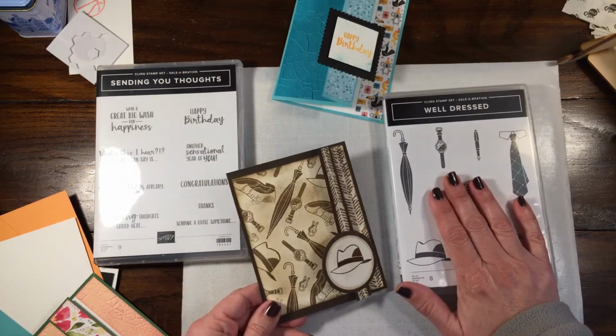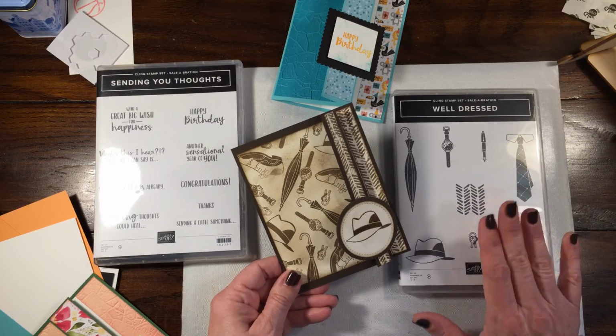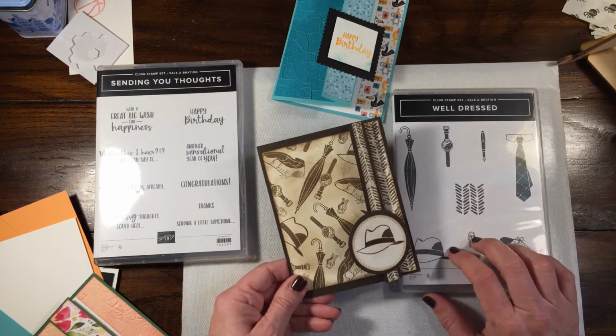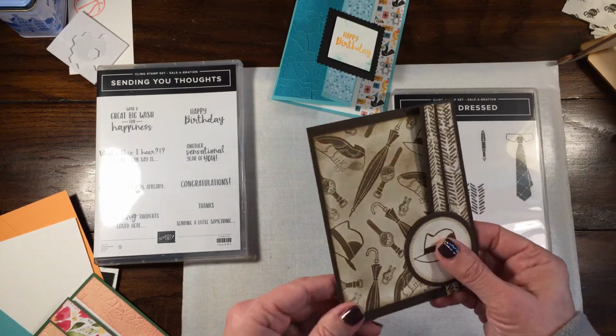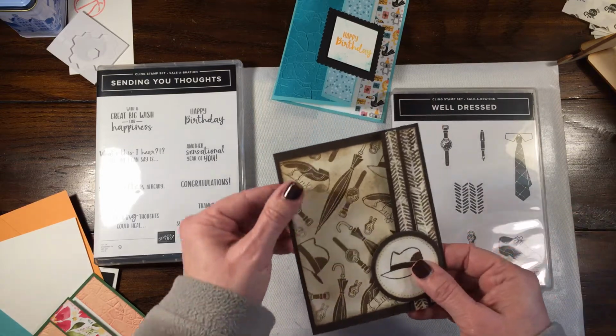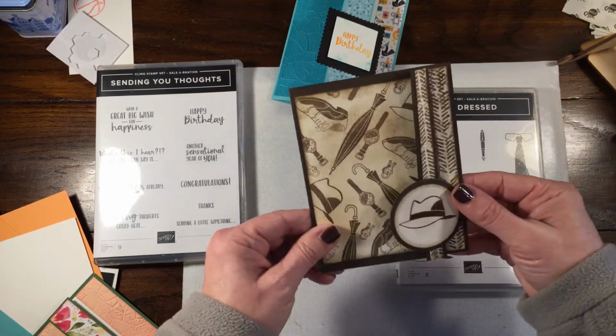And as soon as I saw this, all I could think of was Putting on the Ritz by Taco. I don't know if you all have ever heard that song, but it was a huge song for me in the 80s, along with the Vapors' Turning Japanese. I love those two songs. So as soon as I saw the stamp set, every time I make a card with it, I cannot get that song out of my head. So I have to figure out a way to somehow stamp Putting on the Ritz and get that on this card,